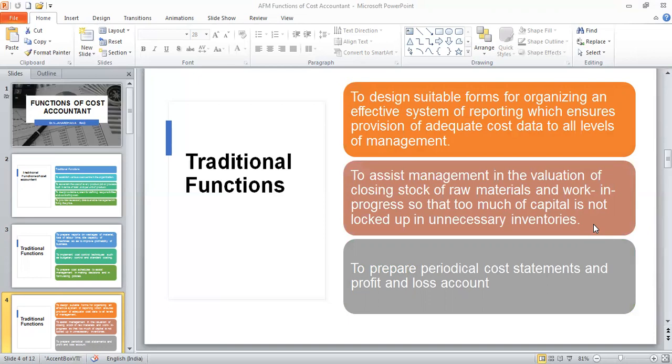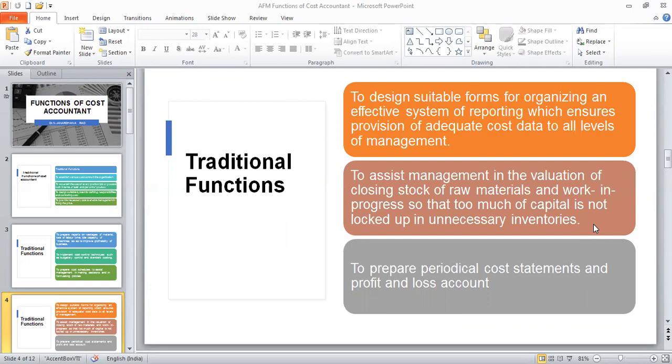Spending an excessive amount on inventory leads to a shortage of capital wherever it is required. If they spend less, the organization may suffer from a shortage of material. Over investment in inventory or under investment in inventory, both are not preferable. They have to invest optimally, either in the form of raw material or work in progress. And for that purpose, in order to estimate the optimum investment in inventory,